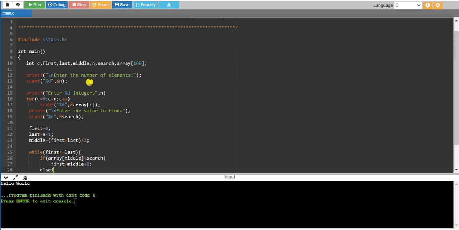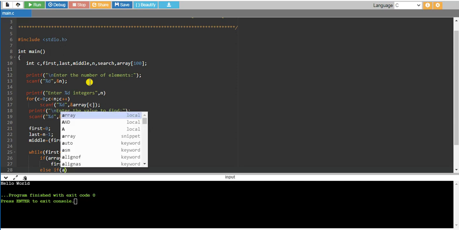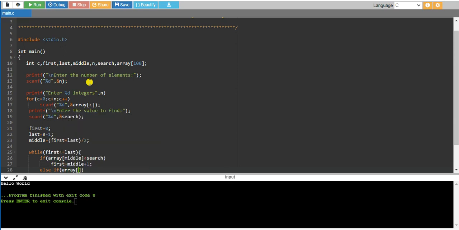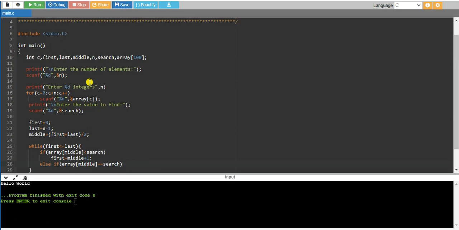what we have to do, we have to check one more condition, else if array of middle is equal to search, then we have to print the element is found at.